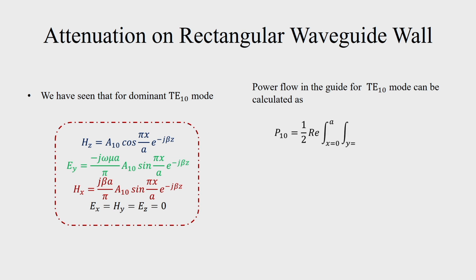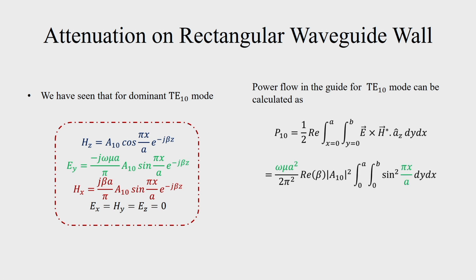Now, we can calculate the power flow inside the waveguide as half the real part of E cross H star, which is the Poynting vector, and then dot it with the area element dx dy, where az is the unit vector for this elemental area. So, if we evaluate this expression, we get an expression